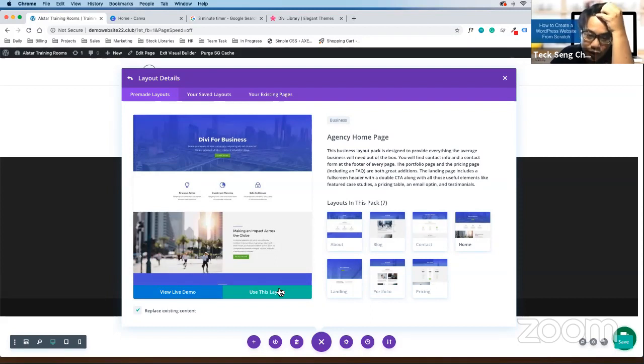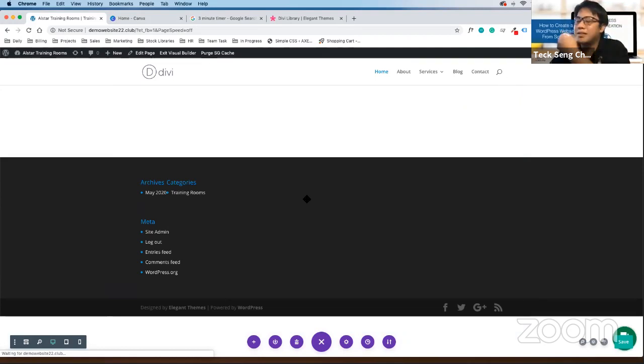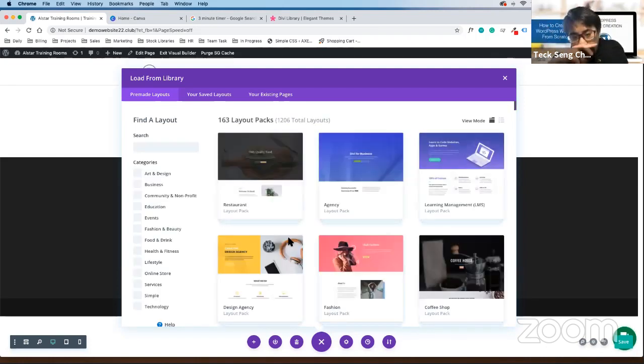Okay? Let's give it a try on your site. I will repeat the steps again. I just want to be clear that everyone sees the three boxes already. If you see the three boxes, click on the second one, build from pre-made layout. Then you will see this thing called load from library. So if you see load from library, give me a thumbs up. Thank you, Kelvin, Teng Yen, Melinda. Thank you, Nicholas. Thank you, Xiaoyun. Thank you, Ricky. Julie and Zheng Xiong, okay?